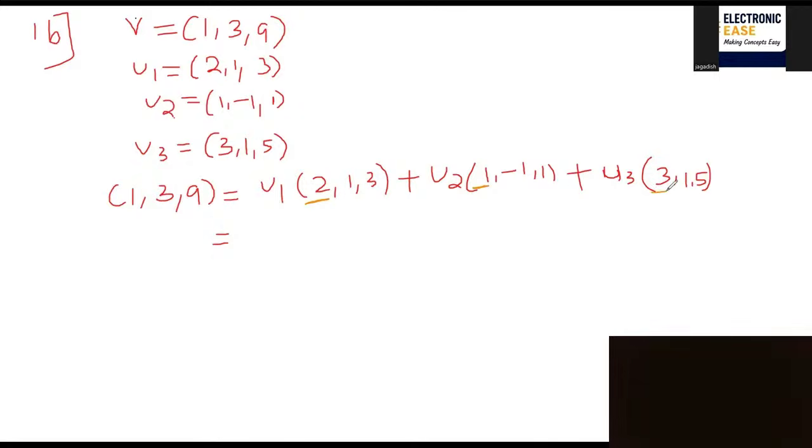You will first be writing the first elements of all the terms, the yellow color, whatever I have written, that is equation 1. So what is equation 1? 2U1